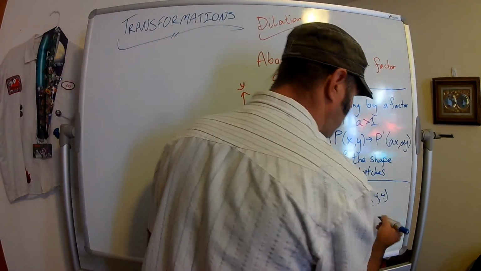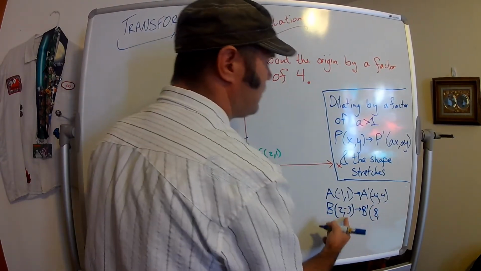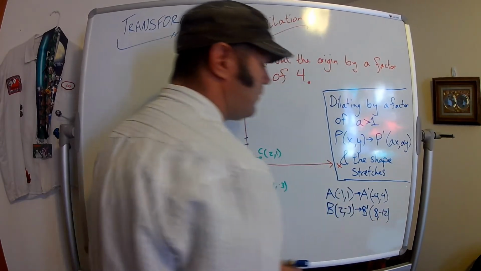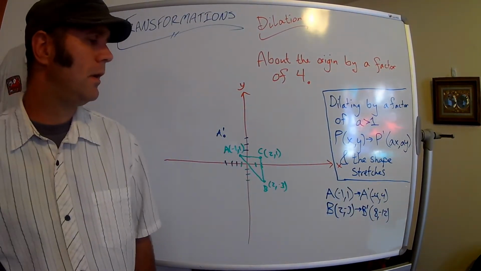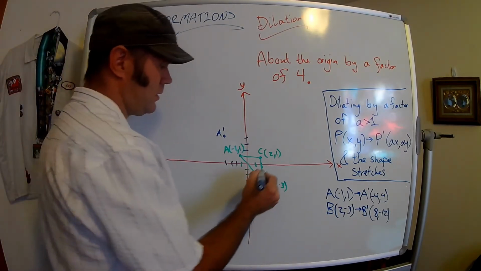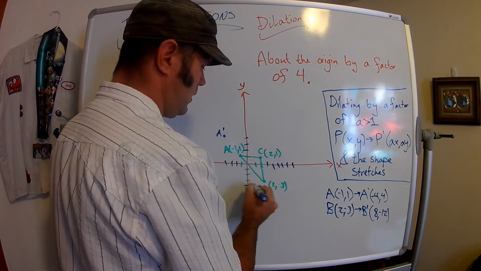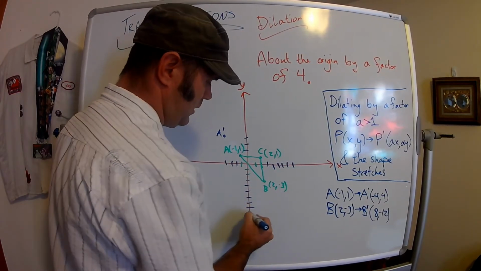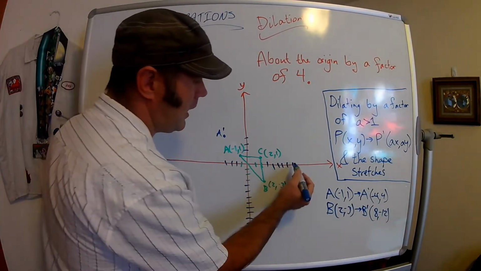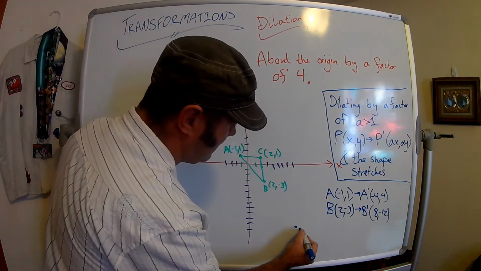Okay. All right, 2 times 4 is 8, and -3 times 4 is negative 12. Alright, so we've got 8 comma negative 12. Hopefully I can go that far down. 3, 4, 5, 6, 7, 8. 7, 8, 9, 10, 11. No problem. So we're going over 8 and then down 12 to get B